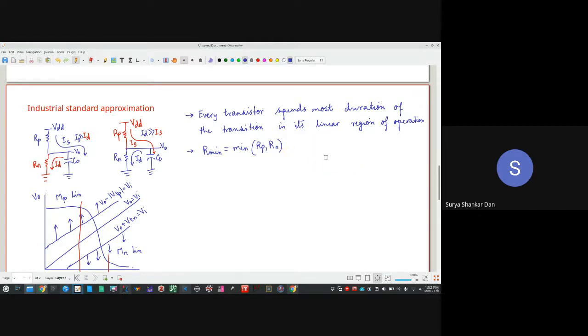Okay. So what is the expression in the linear region? Y is VOVn minus VDSn into VDS. Okay. So when VDSn is low, we can ignore this VDSn square term. That will essentially give you Rn. Remember, this is linear. Okay, this is a linear equation. It will be given by what? Twice beta n VOVn.